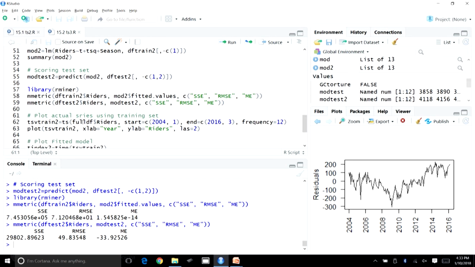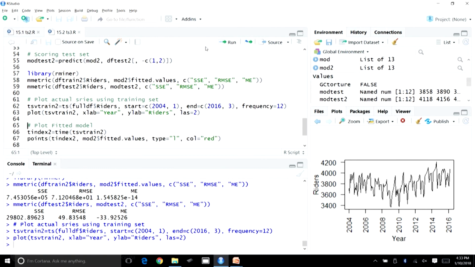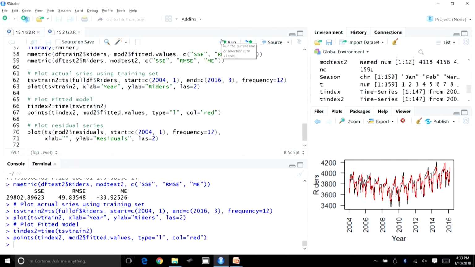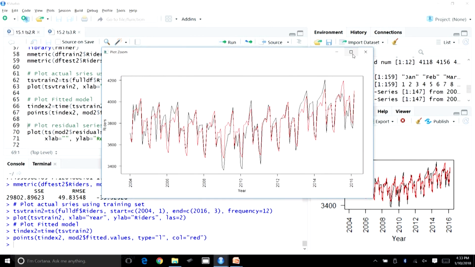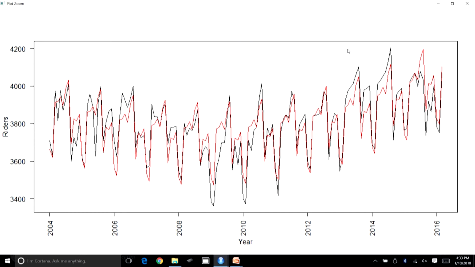So, it looks like the model has improved significantly, and the same thing can be confirmed using some plots. We will create a time series plot for the training set. So, this is the plot. Now, let us fit the model which has a quadratic trend as well as seasonality. Let us zoom into this plot. We see the fitted model in the red line and the actual series in black.